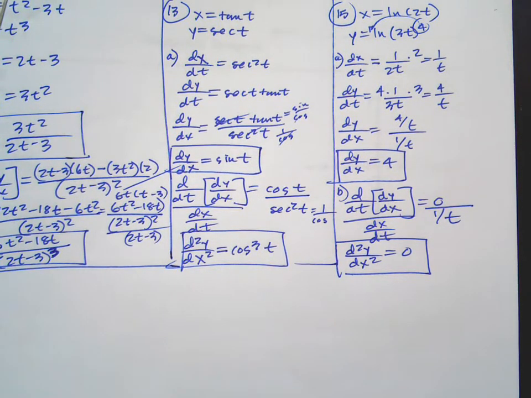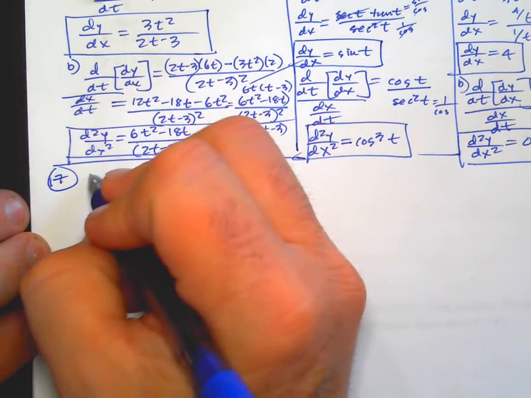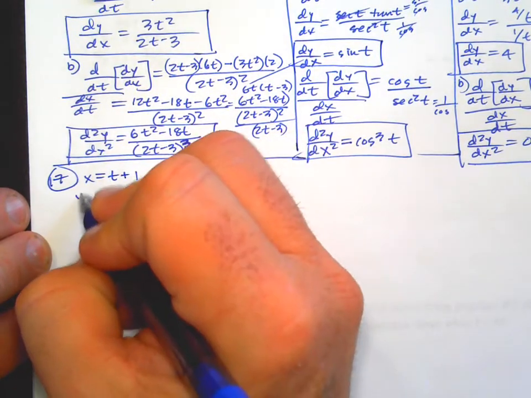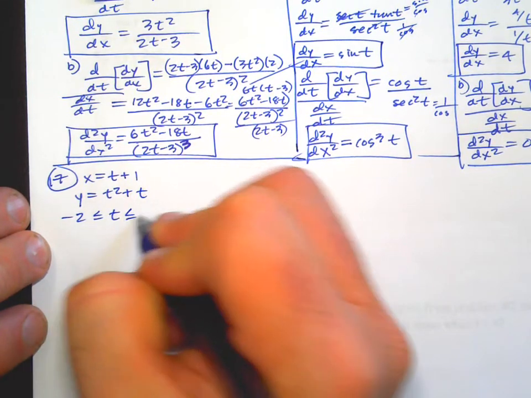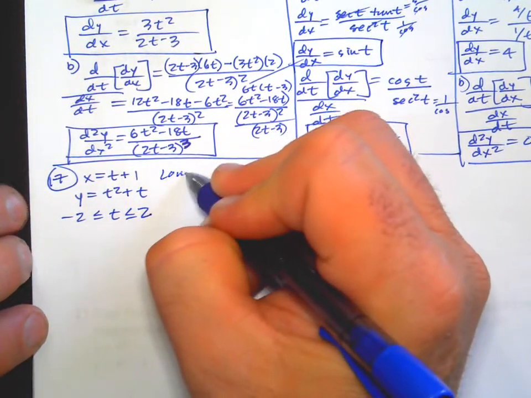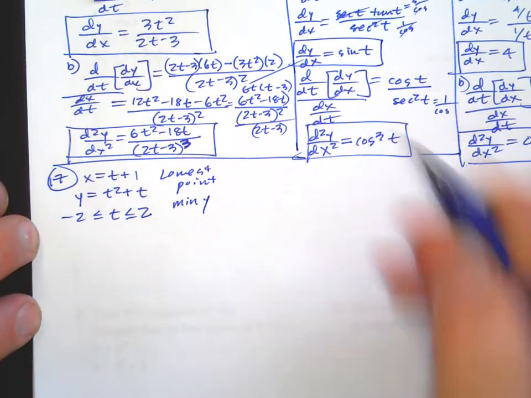And then 17, 19, get to do a little extreme value theorem stuff in there. It says sketch the curve, indicate the direction, identify the requested point, justify that you have found the requested point by analyzing an appropriate derivative. So 17 is x equals t plus 1, y equals t squared plus t, looking at negative 2 to positive 2 in t, and we're looking for the lowest point,